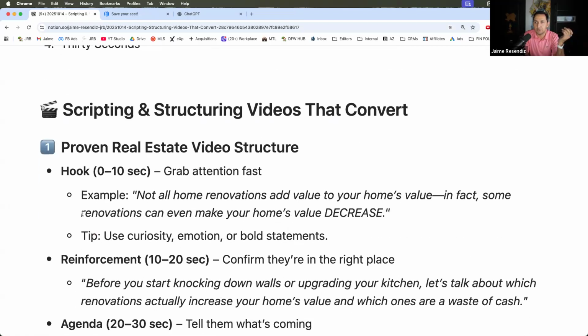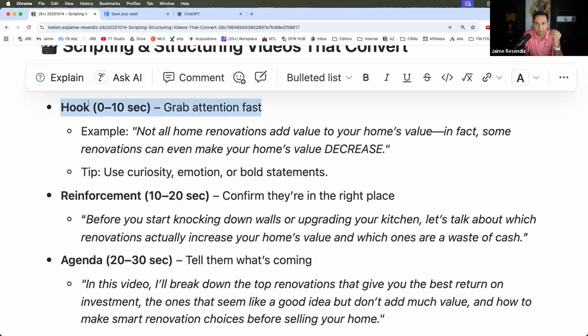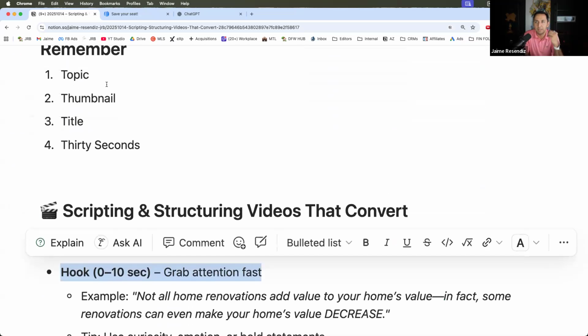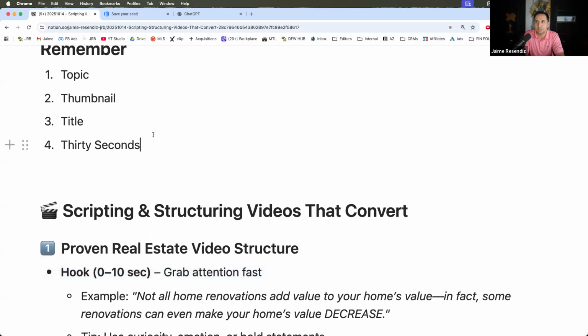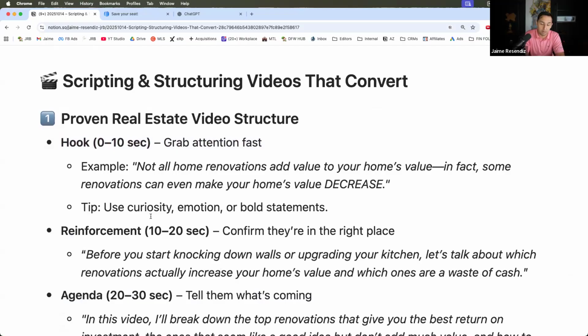So again, we go into the hook, really giving a reason for them to care. Remember, they're coming in from a topic that was algorithmically suggested to them. The thumbnail stood out, the title stood out. So you have the first 30 seconds, actually far less than that, the first 5 seconds, to make it known that they're in the right place, to reaffirm the click, or they're going to bounce out. And the quicker somebody bounces out of your content, the more negative signals it gives to the algorithm, so it's going to stop getting suggested throughout YouTube.